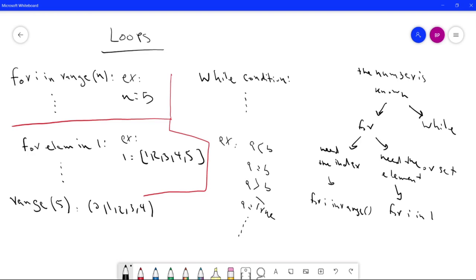It's just a different type of collection. The way for i in range works is the exact same way that for element in list works, except range is just a sorted collection that goes from a certain number to another number, and every time you just set that element equal to that number.